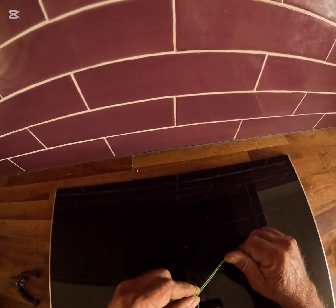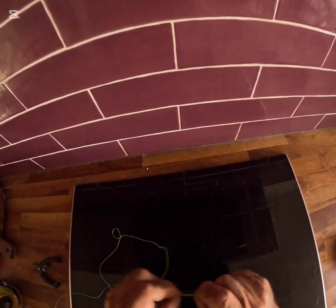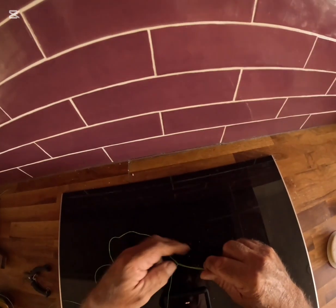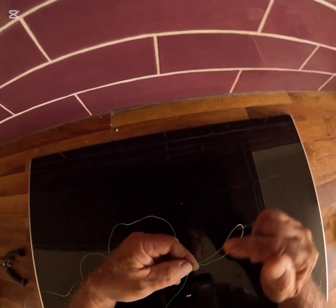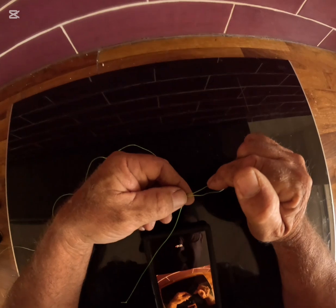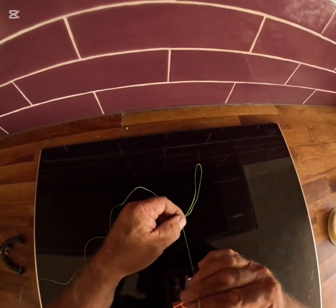Right. So, yeah, I've rolled it on top of it. Right, so I'm doing this blind. Then there's a couple of different ways you can lock it off. You can either do 4 half hitches around both strands, like I've done before, but I'll just do a Jim Rizzuto